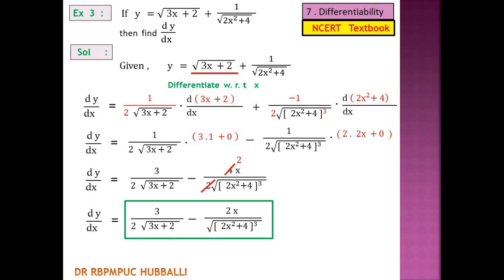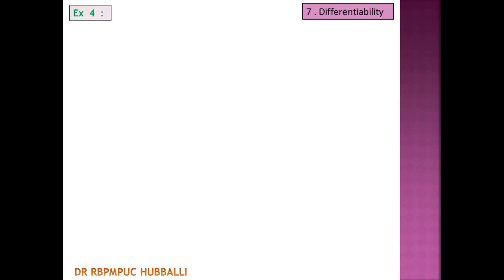Then you have to write the derivative following the rule. If it is a product, use the product rule along with the derivative of the composite function rule. Both you have to follow. Now see the problem, you will come to know. First I take a simple example: if y is equal to x into sin 5x, then find dy by dx.